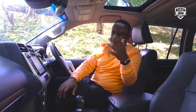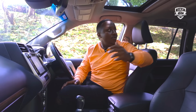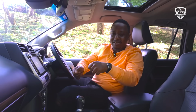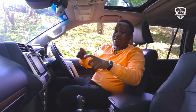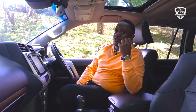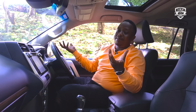Another difference associated with the entertainment or infotainment systems in this car is that the KAKADU has a roof-mounted entertainment unit for the guys at the back. And as if that is not enough, if you have two passengers sitting at the back, they both have independent headset ports and can adjust their volumes independently. So that's something quite good when it comes to the convenience and entertainment features that you